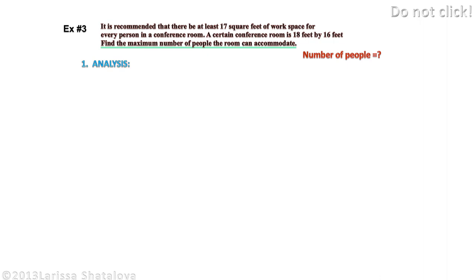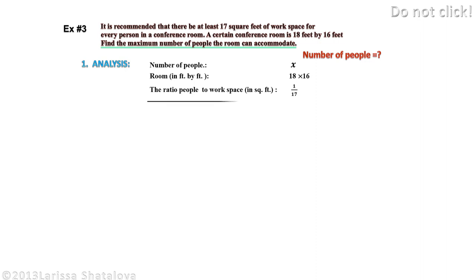Find the number of people. Okay, number of people is unknown. We have to mark it as variable x. People were in the room 18 feet by 16 feet. Okay. And looking into our problem, we can see that the ratio of people to workspace in square feet is 1 to 17. Okay, now we have to write a proportion,